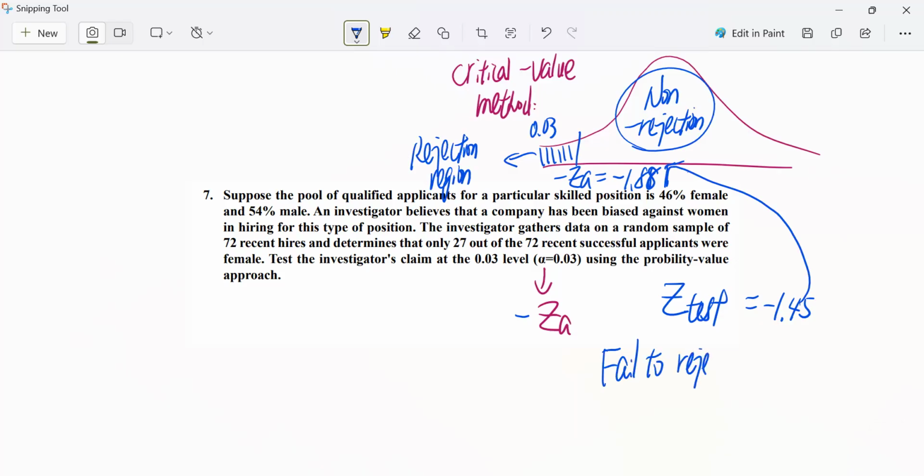Okay, I understand. So same conclusion, right? Mhm. So it's quite different from the last question, question 6. For this one, we have to use the p-value method because the question is asking specifically. We've got to use the p-value method. And the critical value method is equivalent, right? It's equally good.